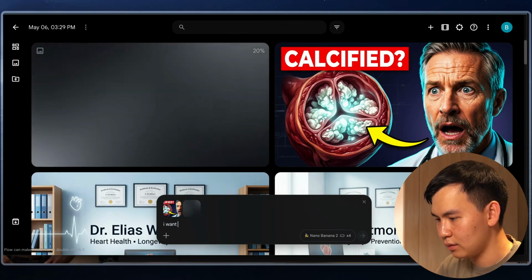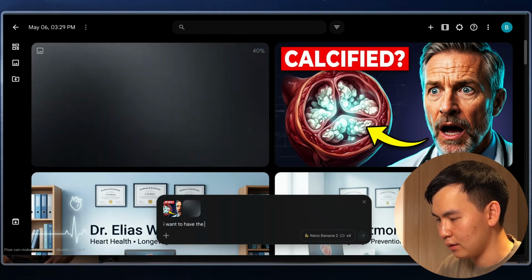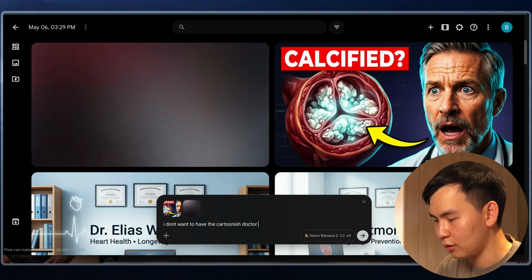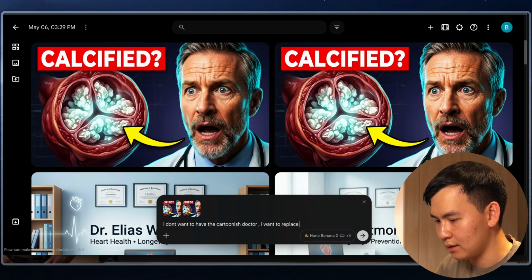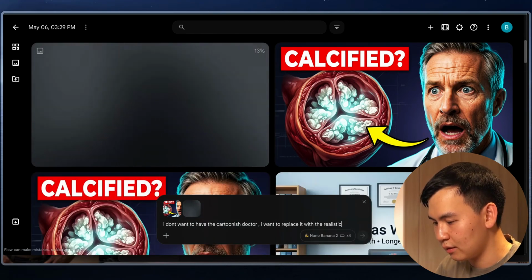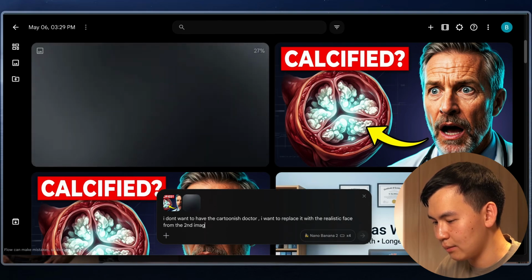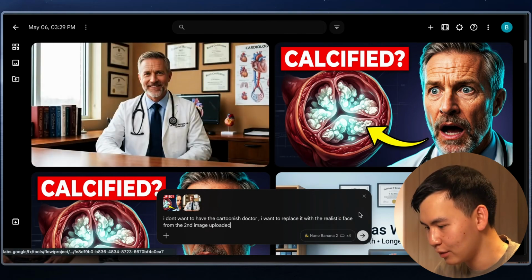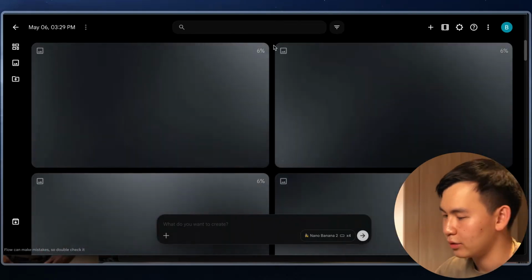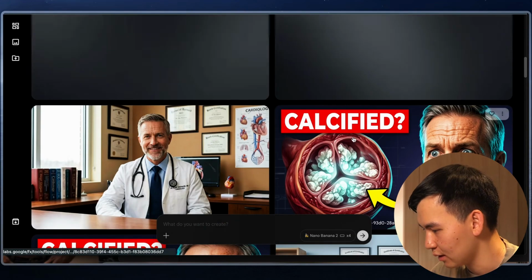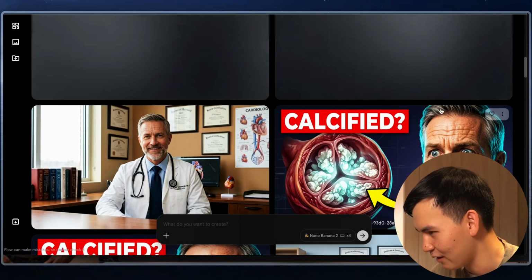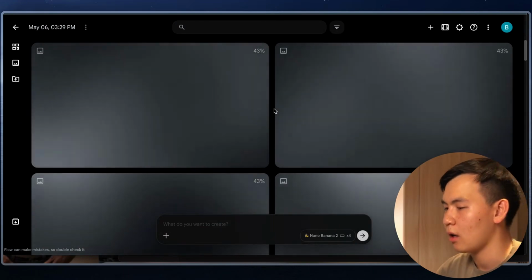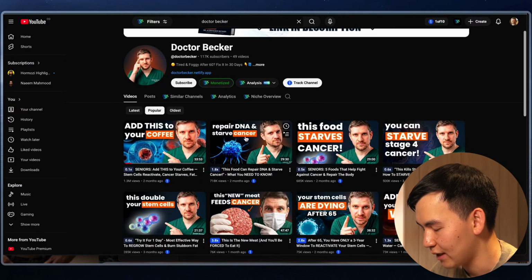I don't want to have the cartoonish doctor. I want to replace it with the realistic face from the second image uploaded. Actually, this wouldn't be a bad thumbnail either. Like, we could probably test both, but I want to see what it would look like with this, like a realistic doctor. Because actually, this doesn't look bad either. I don't entirely hate it now that the more that I'm looking at it. But over here, I just want to kind of be true to like kind of this format over here,